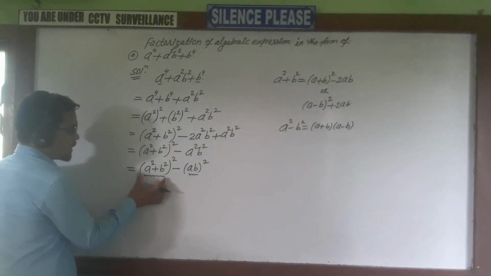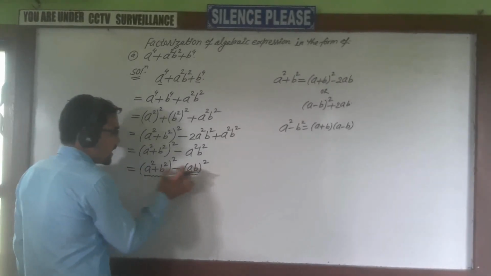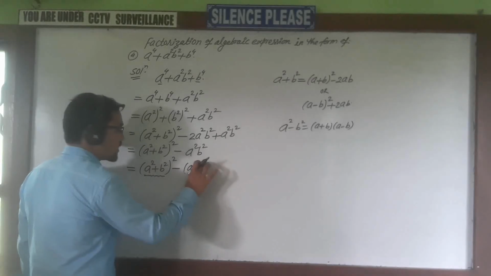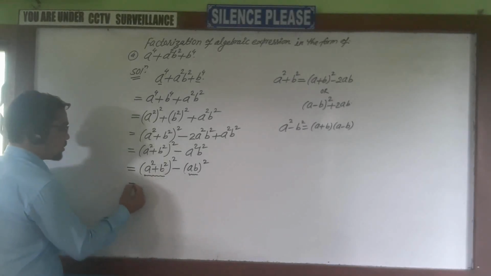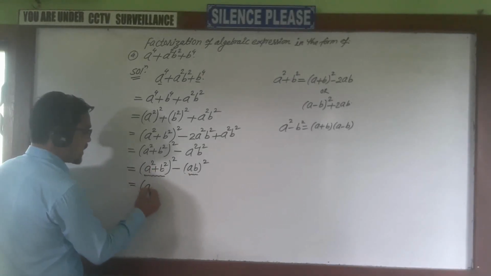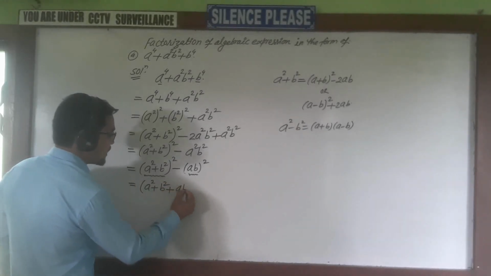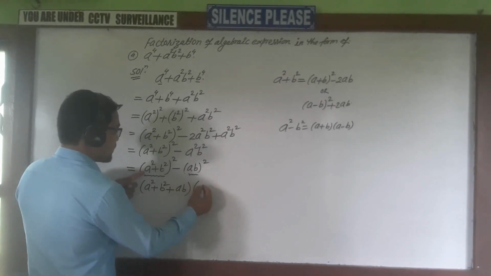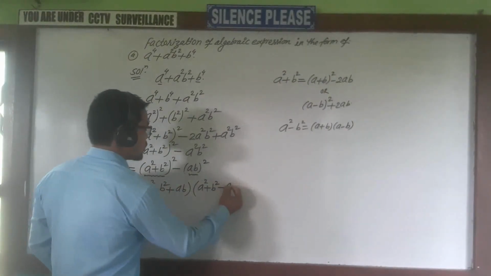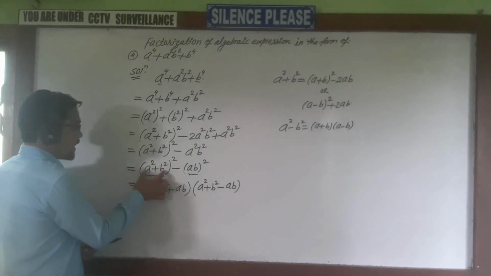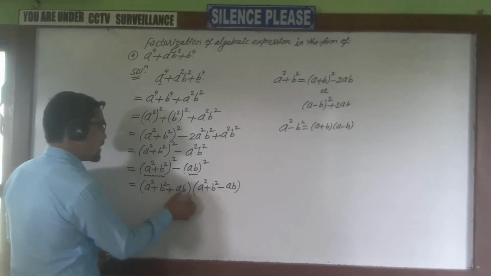So here we can consider this whole expression inside the bracket as a, and this as b. That is, a square minus b square is equal to (a plus b)(a minus b) according to the formula. So this is equal to a plus b. First of all, a plus b means here a is a square plus b square, and b means here ab we write. Similarly a minus b: a means a square plus b square, minus b, and b represents ab, so this we have to write. So everyone, look here: a square minus b square is (a plus b)(a minus b).